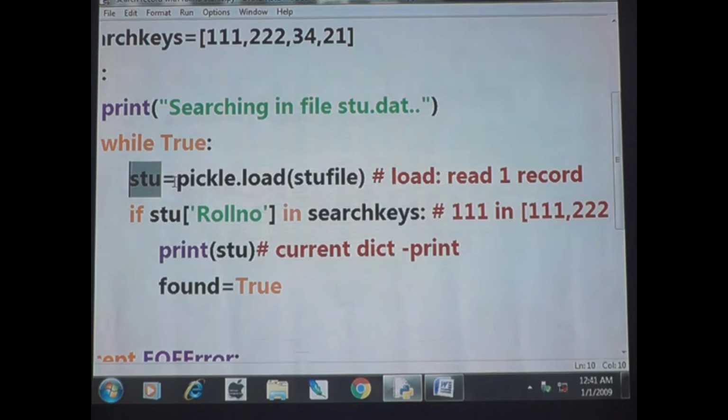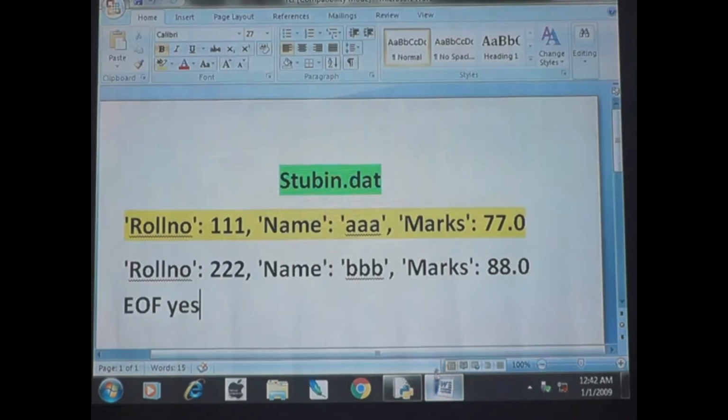Then stu is equal to pickle dot load stu file. That means once again it will read only one record, the next record. Pickle dot load will read the next record. Understand?